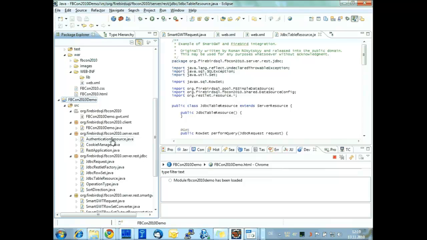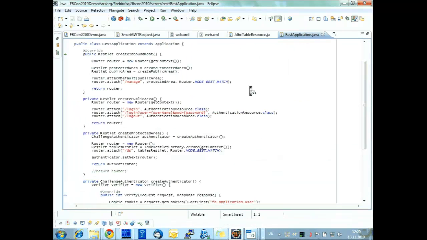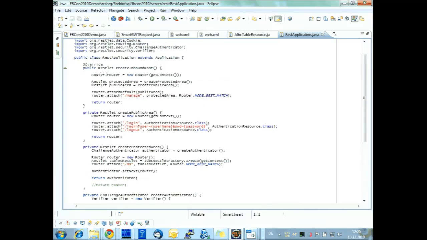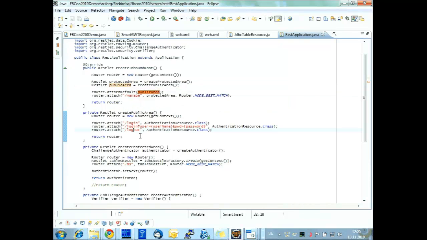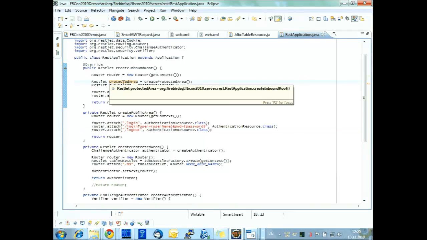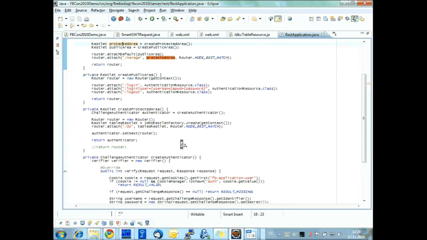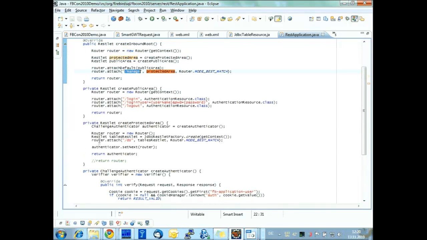And this servlet is put here. So what we are doing here, there is one method called create inbound route, which is the part that's going to handle every URL. And what we do, we create 2 different areas in our web application. The one is called public area, which is going to handle our login possibilities to our application, and we create another protected area